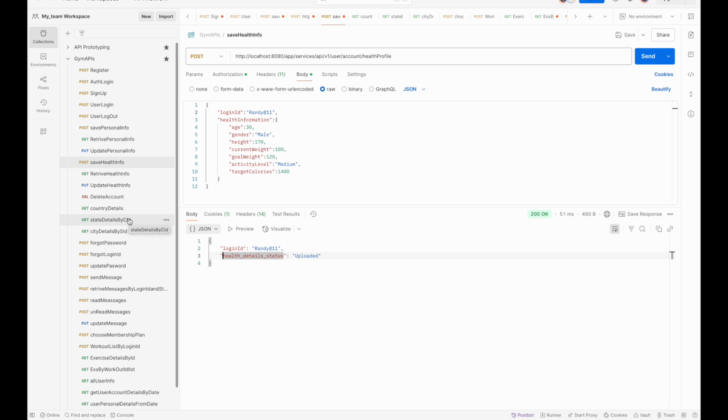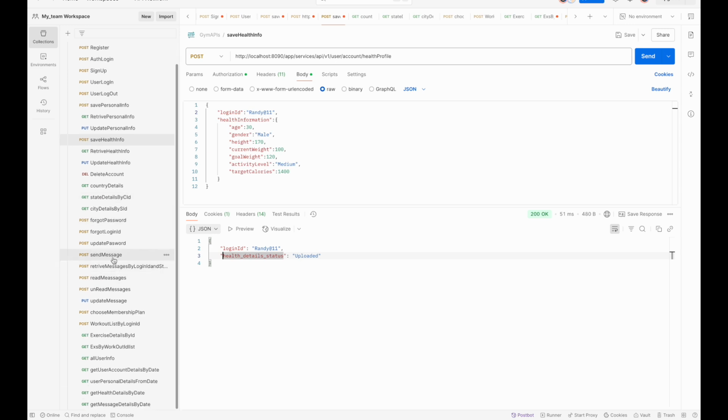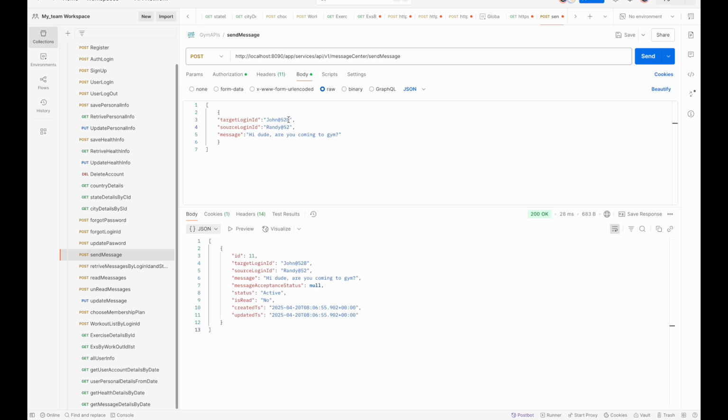We also have an option to send a message exchange between users. For that, I just send a message to someone who is already in the database. He is just asking his friend whether he is coming to the gym or not, and I'll click on send. Once I click on send, I get a response in the form of JSON. So once we have created our basic requirements,